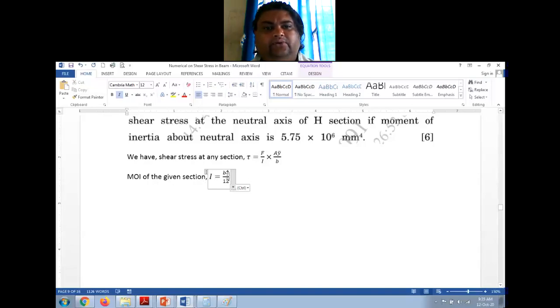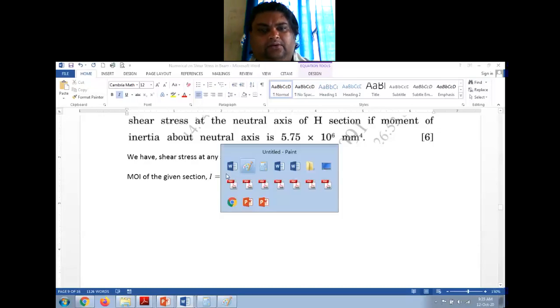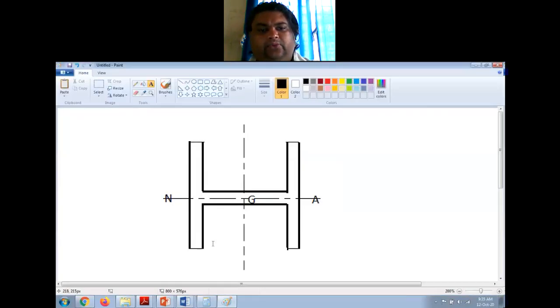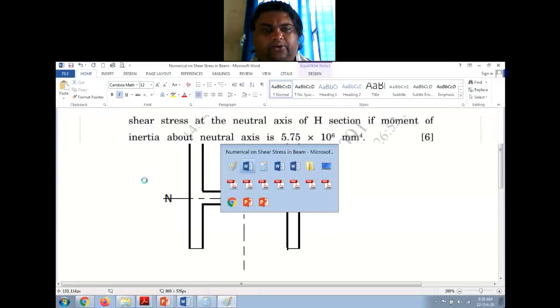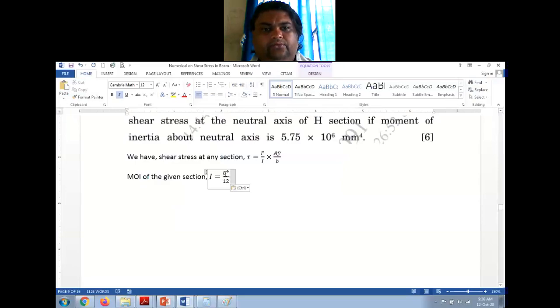So I is equal to, it is a square section 120 by 120, and you are cutting two rectangles out of it, right? Here we have to use the parallel axis theorem. Okay, so b raised to 4 by 12